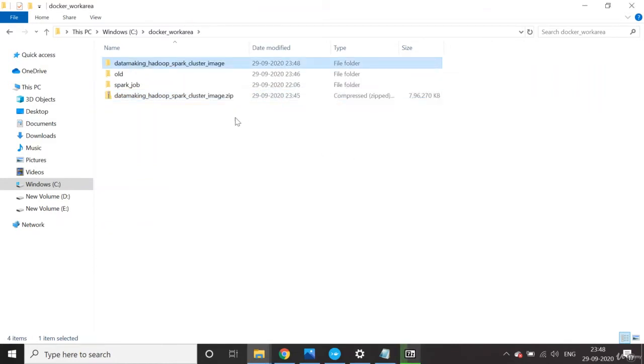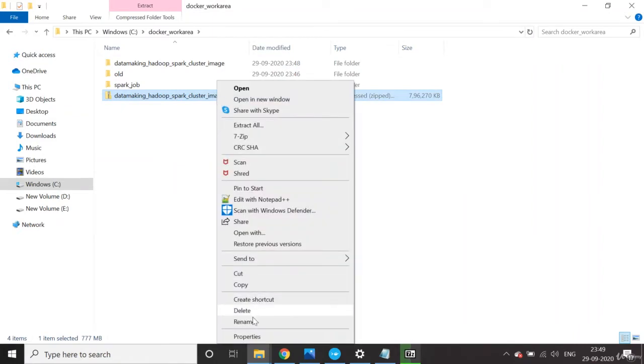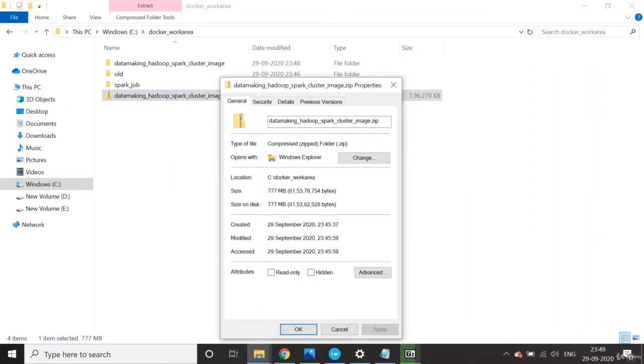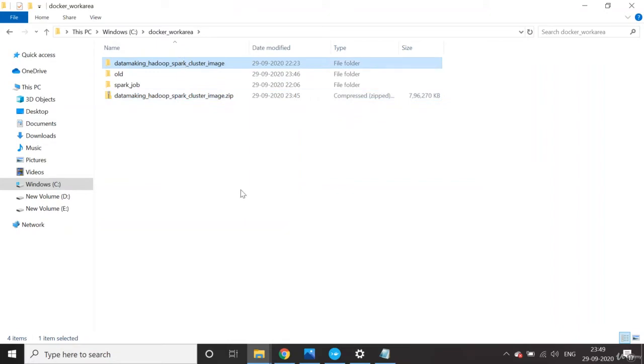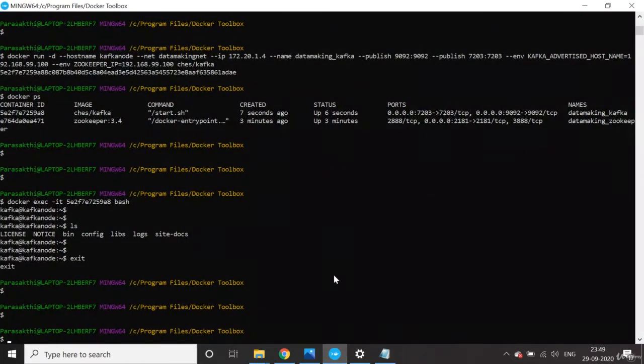The compressed version size is close to 779 MB.